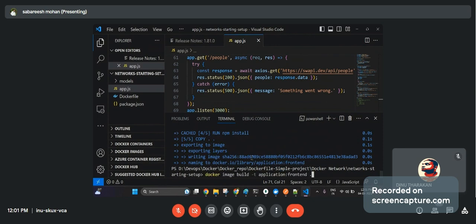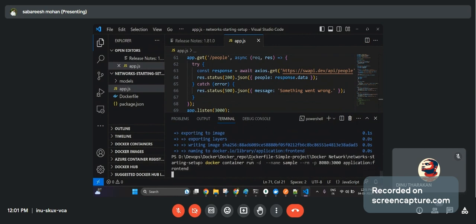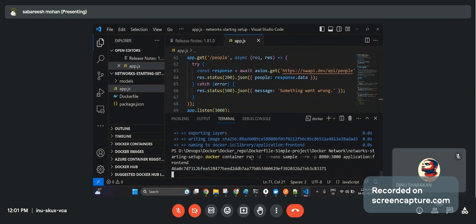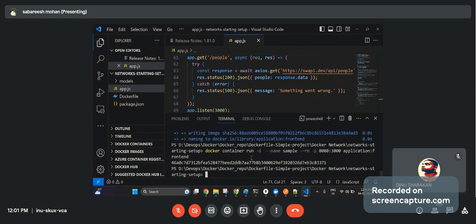Okay, now the image is ready. Now let me run the same container with -d and the tag application:frontend. Now let's confirm whether the container is running or not.